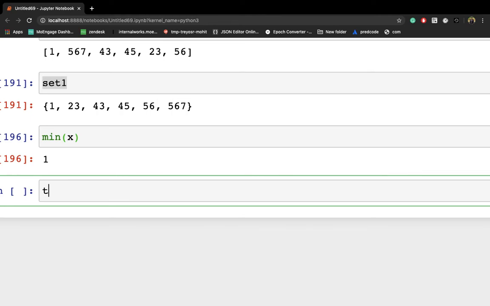So let's say I'm writing tup1, which is a tuple, right? I'm providing a few values. Let's say Sashank, comma, Ranjan, comma, Rachit, right? Okay, fine.